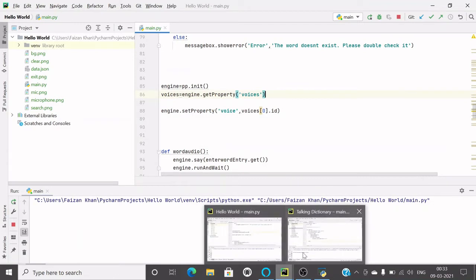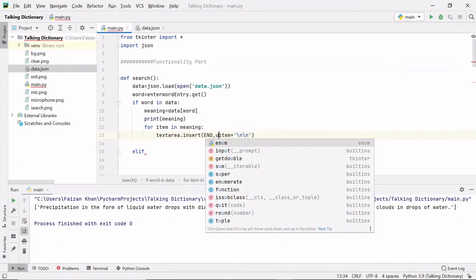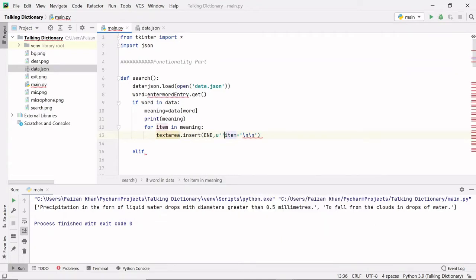Coming back to my project, here if you see, we are inserting the first meaning. So before inserting the first meaning, we can add a bullet symbol. So how can we add a bullet symbol? We have to write U and double quotes like this, and the code for the bullet symbol is U2022.